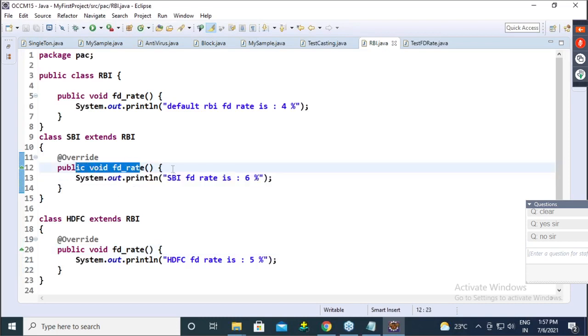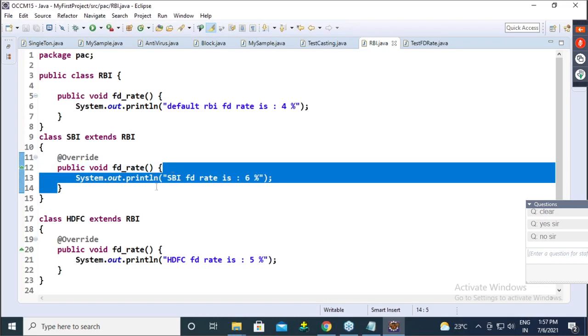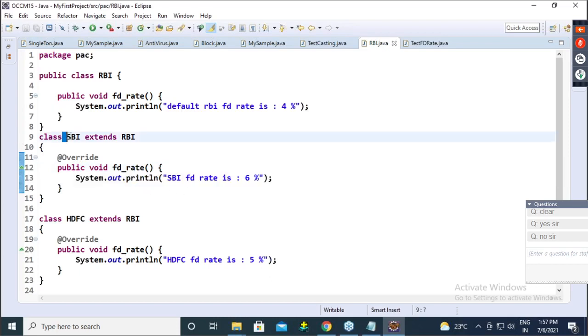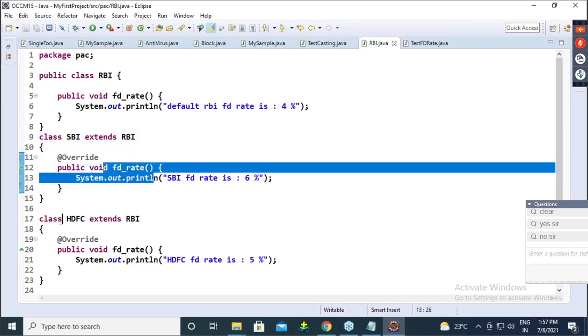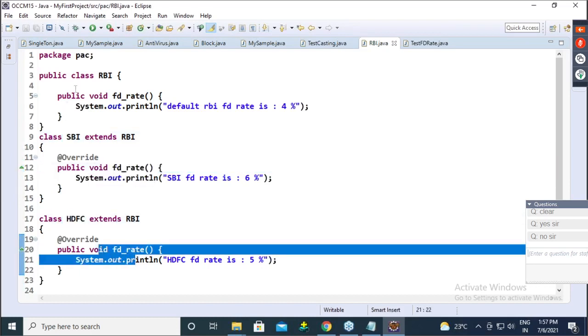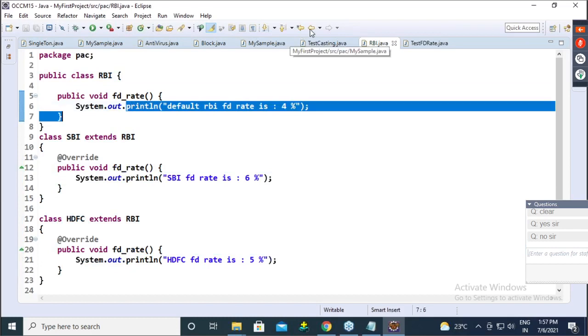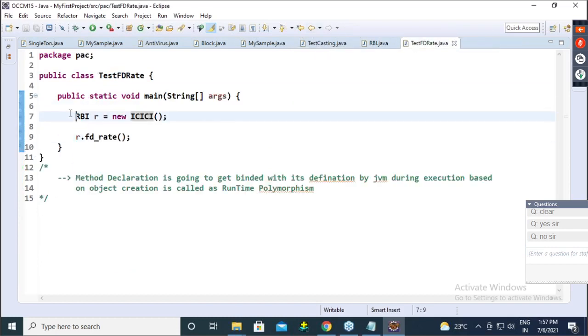So the declaration is bound with the definition by the JVM based on object creation. If SBI object is created, SBI; if SDFC object, SDFC; if RBI object, RBI. So no need to change the reference, no need to change anything, only change the object creation. This is runtime polymorphism. Now you get it.